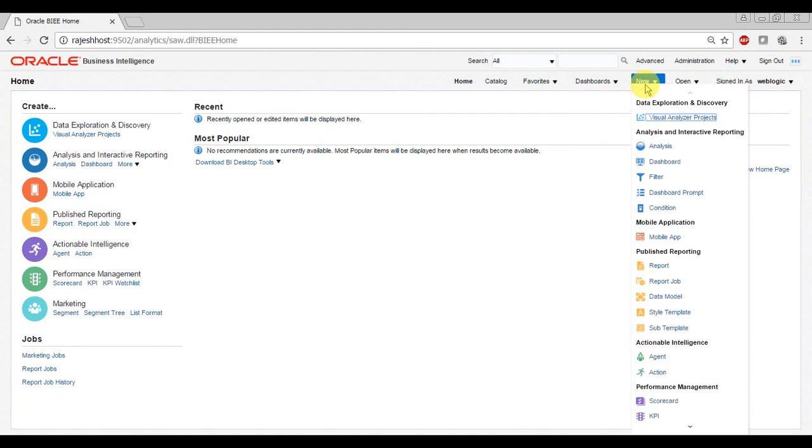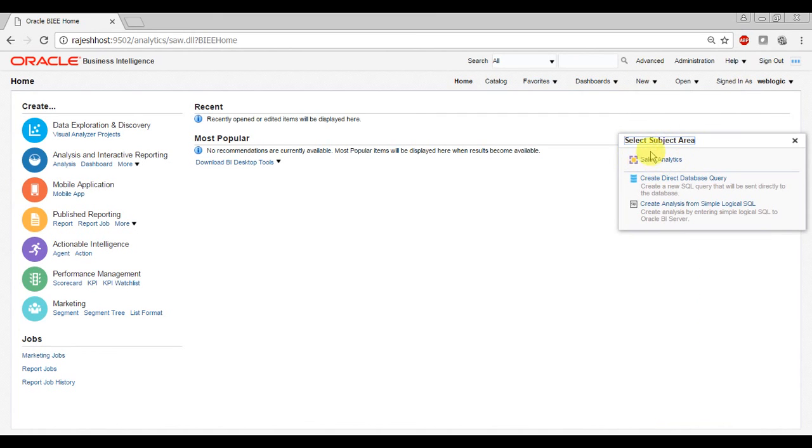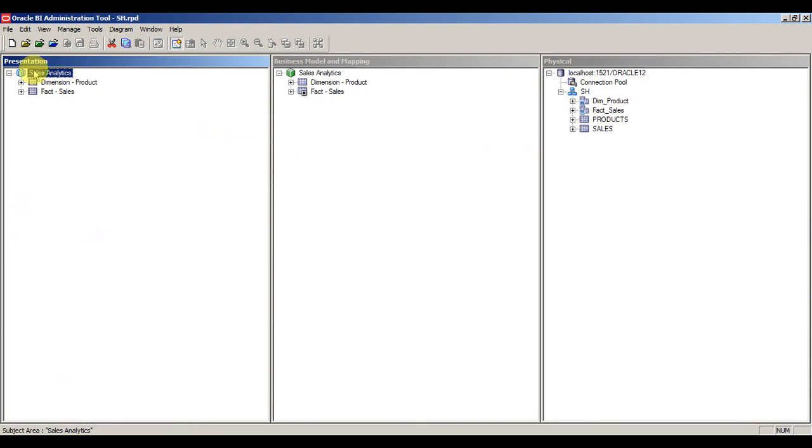Now go to new and click on analysis. Here you can see the select subject area option, wherein sales analytics is present, which is the same as the name in the presentation subject area.